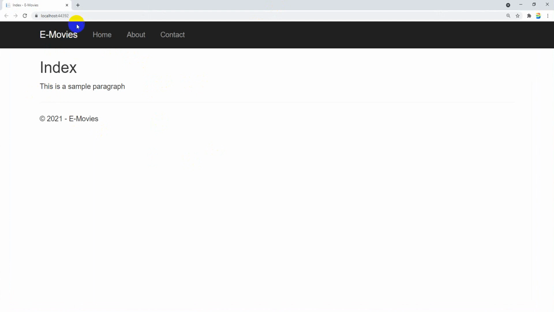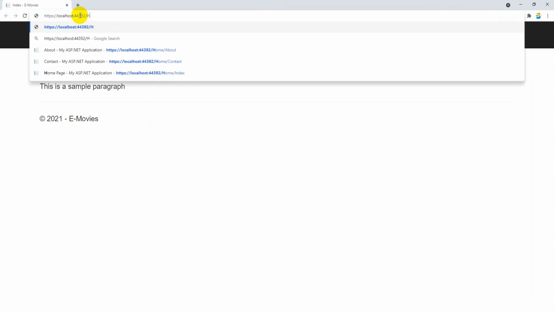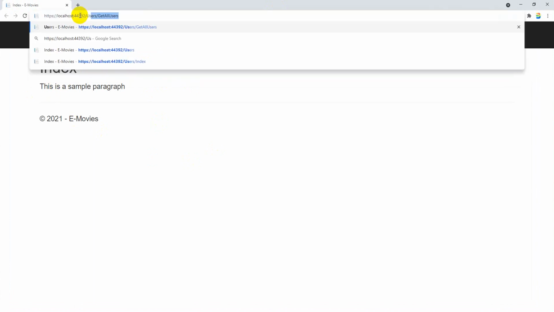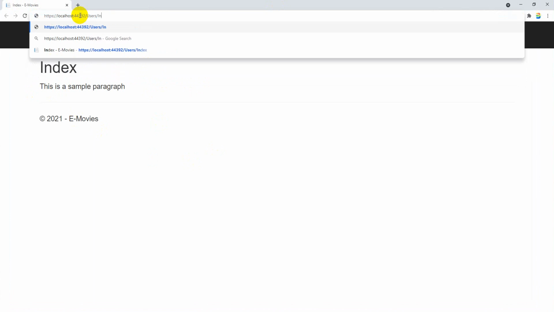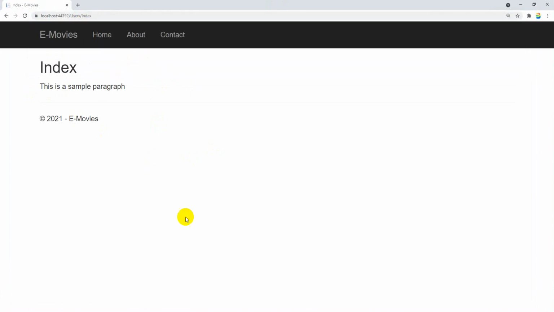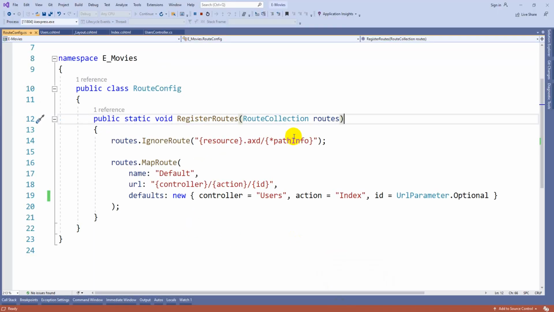You can see this. Even if you write users slash index, you can see the same output. This is how you can set a controller, and this is how you can set an action method to be executed by default. I hope this session is clear. Thank you.